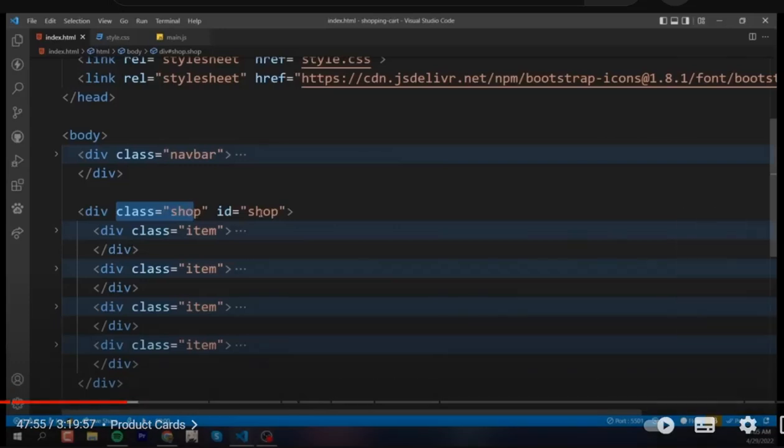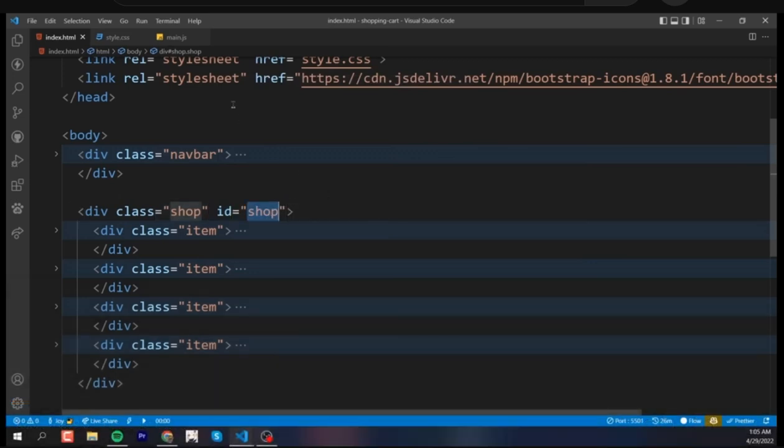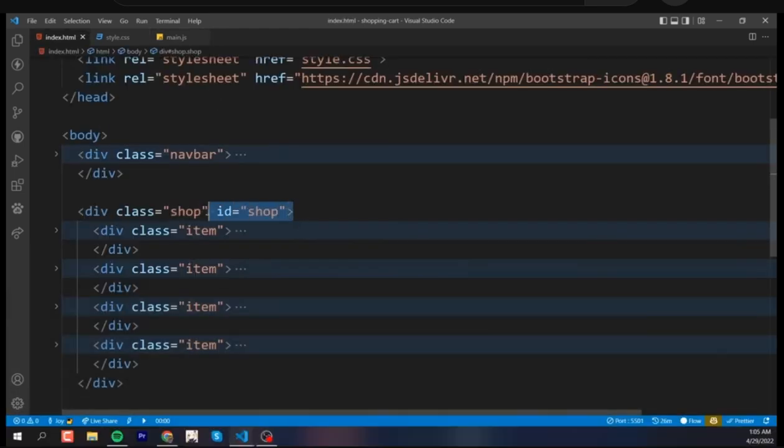Style CSS, and then I'm going to target this ID inside the JavaScript. Okay, so let's copy this one and go back to our main.js. How do you actually target an ID inside main.js? Look at this. First of all, you're going to write a variable. Let anything, you can write anything here. I'm going to write let shop like this. Let shop equal to, you just write here document,